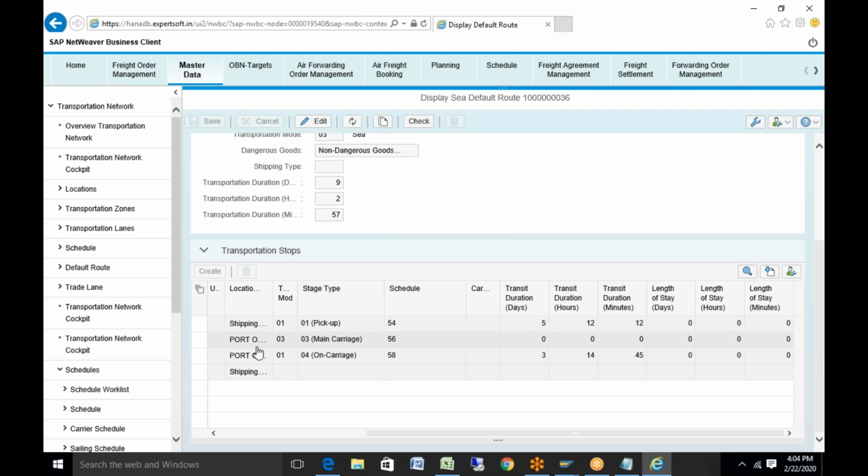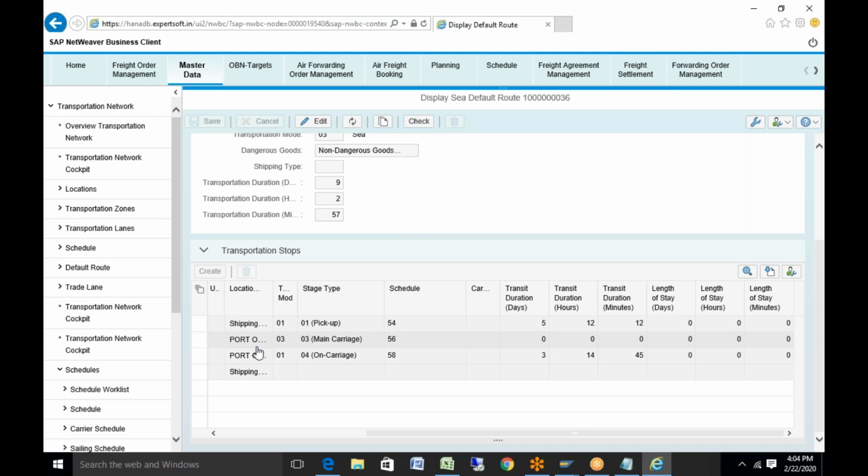Only if you want to plan based on multiple stages in your freight unit does the default route creation make sense. If the route has multiple stages, the route gets assigned automatically to the freight unit. You can also ask the freight unit to check if a default route exists, and if yes, assign it. That is also an option.